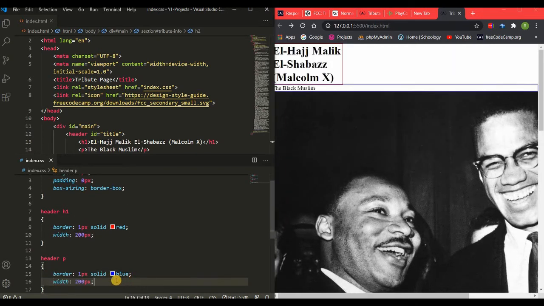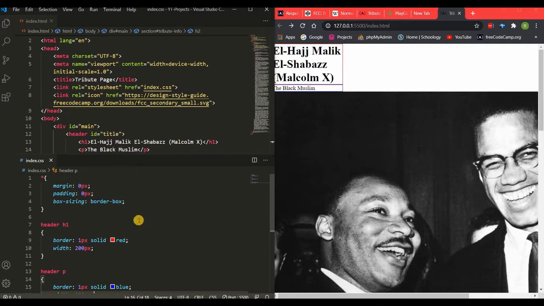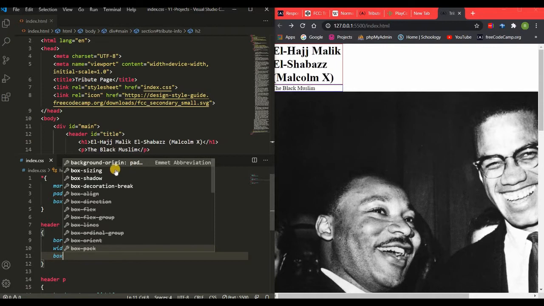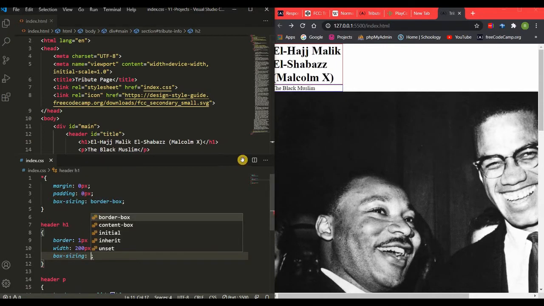Now, to understand what box sizing border box does, normally, as default, all our elements have a box sizing of content box. So we're changing it to border box